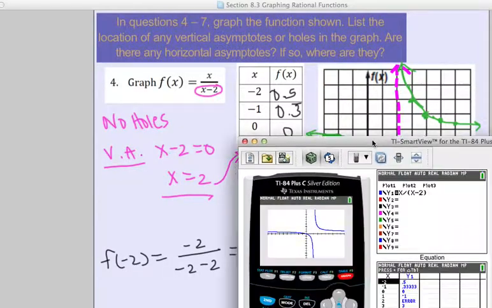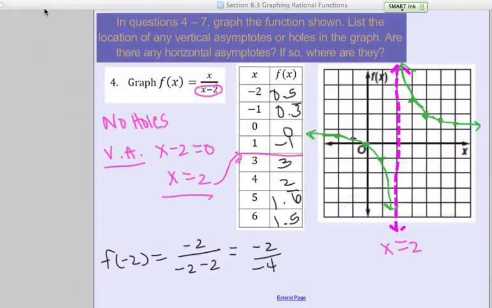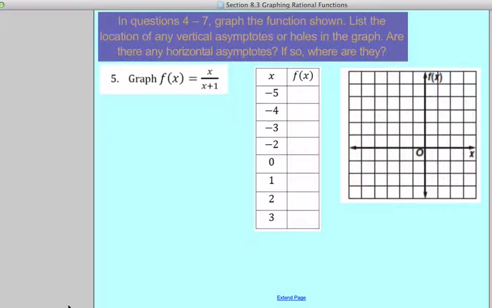Yes, they do. So I did number 4 correctly. Okay, let's go ahead and look at number 7. Sorry, not number 7, number 5. Same idea. Let's start out figuring out if there's any holes, and then we'll figure out if there's any vertical